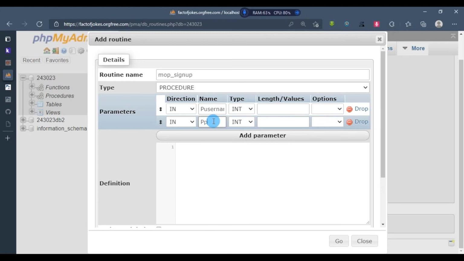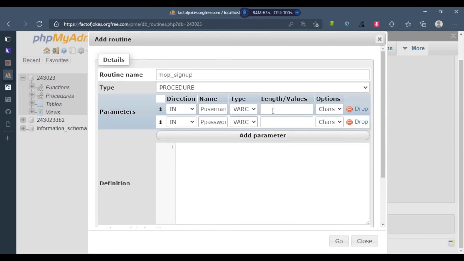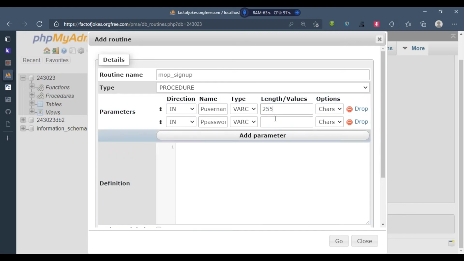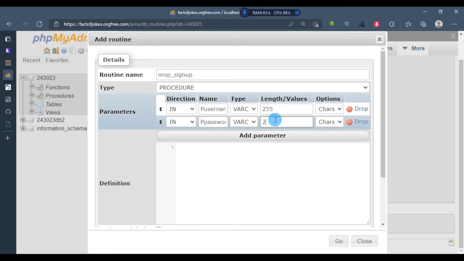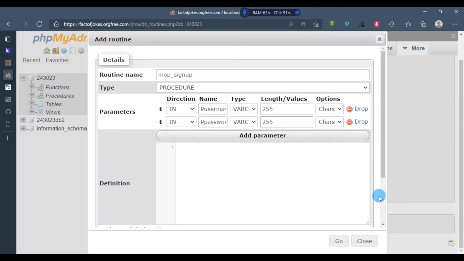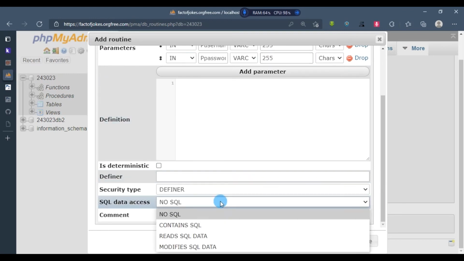So type will be voucher. This one will be voucher, and this one will be 255. This one will also be 255. Okay, now let's just begin. This one will contain SQL. So you just begin with begin